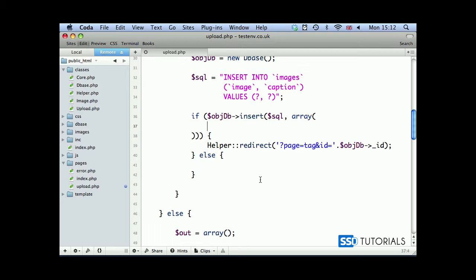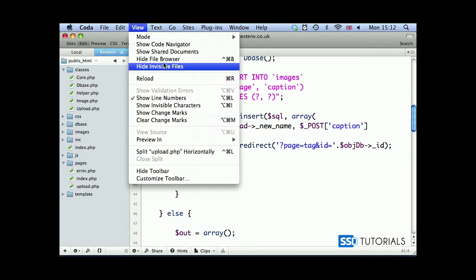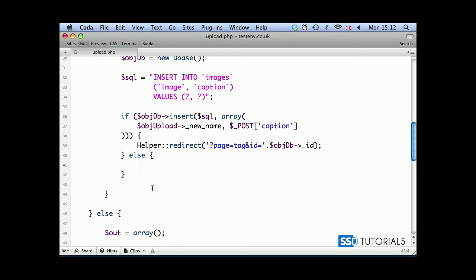But first, let's finish this insert statement where we're going to be passing first parameter will be the name of the new file, so object upload new name, and the second will be post caption. So now that we have our insert statement completed, the else statement, I'm going to close our browser here. The else statement will simply